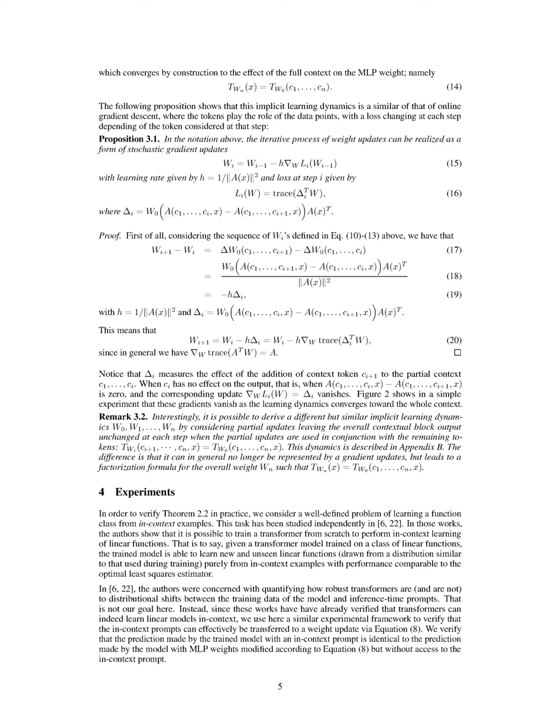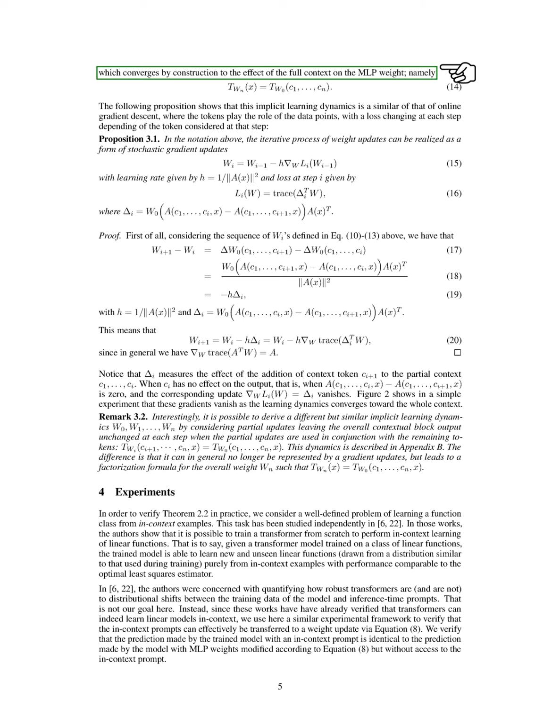Section Summary. In this section, we explore the implicit learning dynamics of in-context learning, ICL, by demonstrating how the iterative addition of context tokens updates the neural network weights similarly to stochastic gradient descent, where each token influences the model's output. We also outline our experimental setup to verify that a transformer can learn linear functions from in-context examples, achieving predictions comparable to those made with modified weights, thus confirming the effectiveness of our approach.